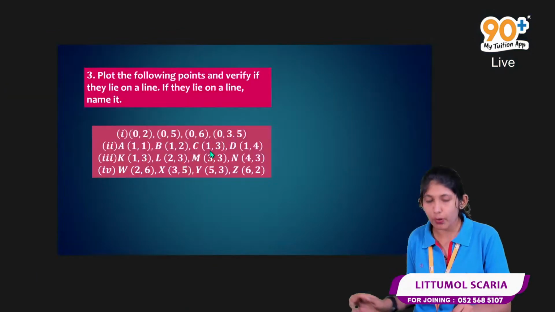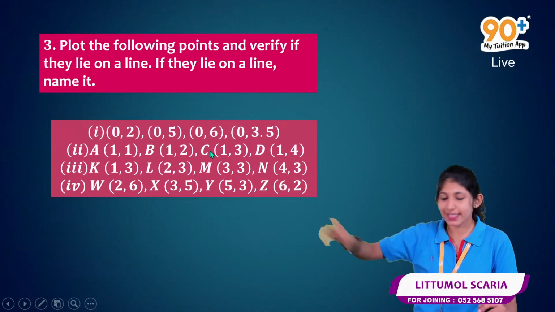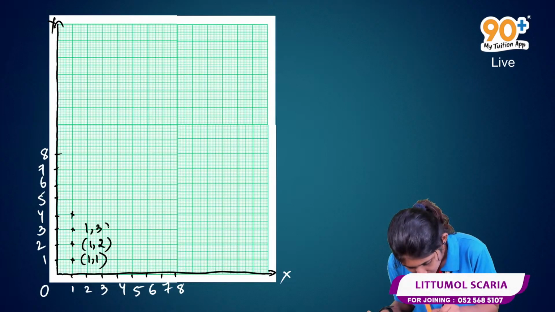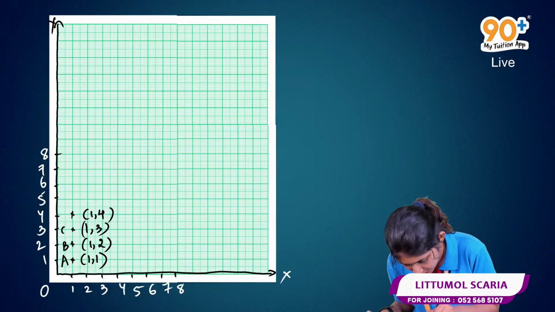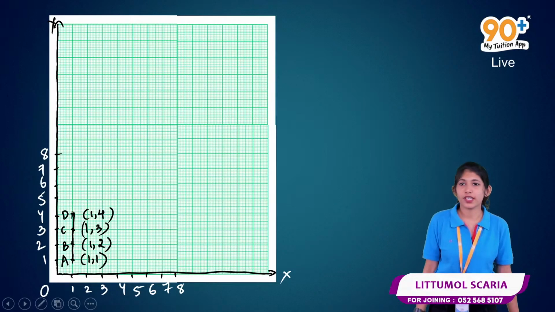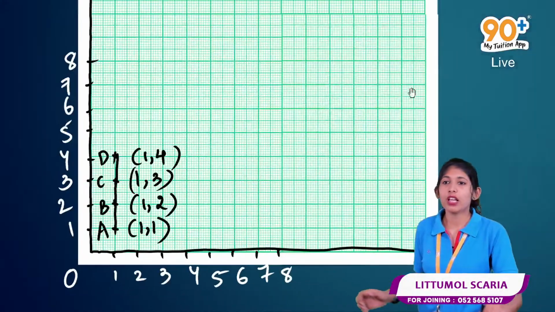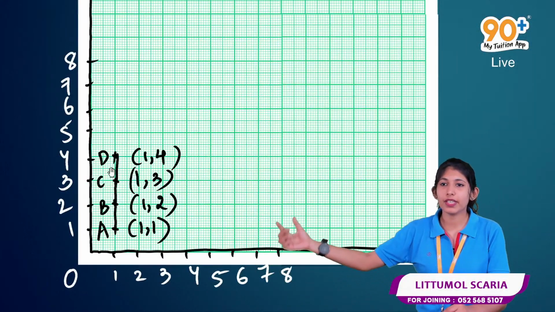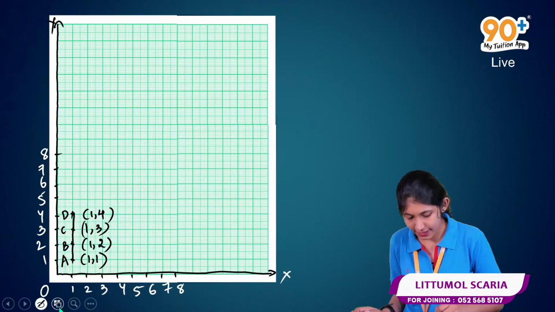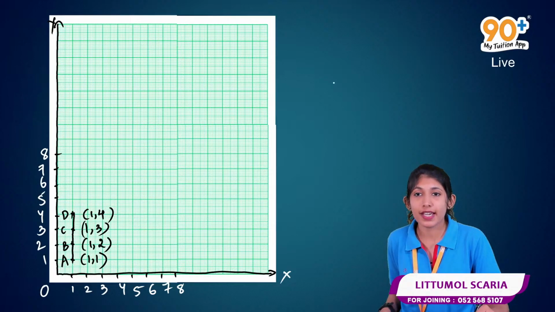And what is the name of that point? A, B, C, D, right? So the name of these points are A, B, C, D. Don't they lie on a single line? Yes, they do, right? They do lie on a single line. A, B, C, D. As easy as pie. Either you can name the line as, yes, they lie